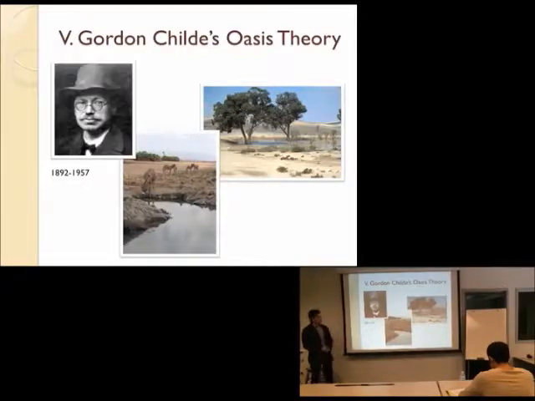And so Childe imagined that as the environment got more and more arid, the water sources got fewer and farther between, and more of these plants and animals and humans would all have to come together at oases. Whether they wanted to or not, they would be stuck in the same ecological niche. Everyone would be relying on the same oases. And it would have been at this time, he suggested, that people started to observe plants and animals and get to understand them more in depth and recognize that they had the opportunity to actually control them.